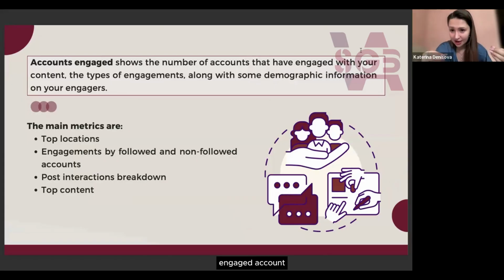An engaged account is an account who liked your post, or made a comment, or saved your post, or shared your post. So did something with your post, not just read it and nothing else, but did some actions, who was engaged in your content. That's what accounts engaged is.